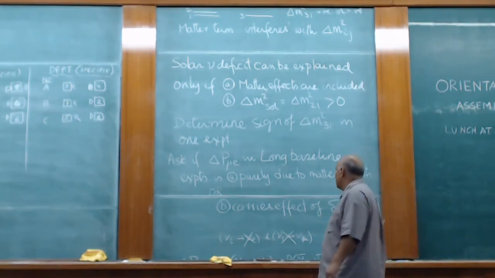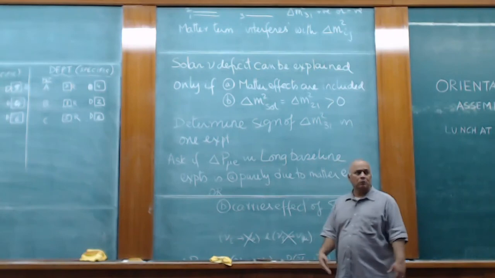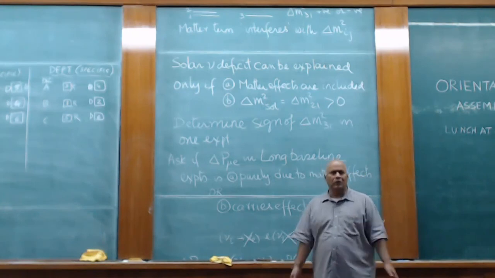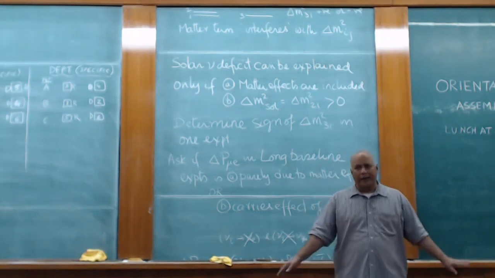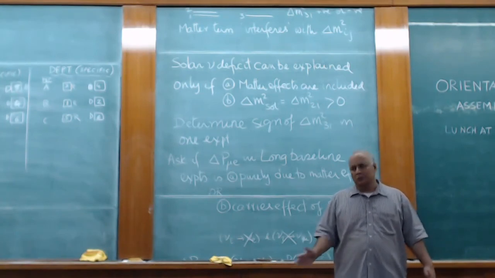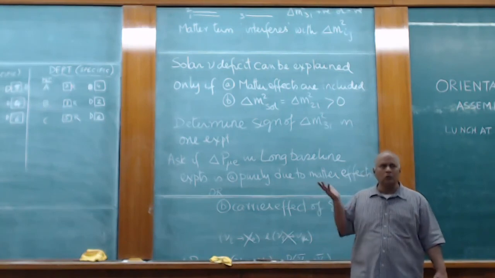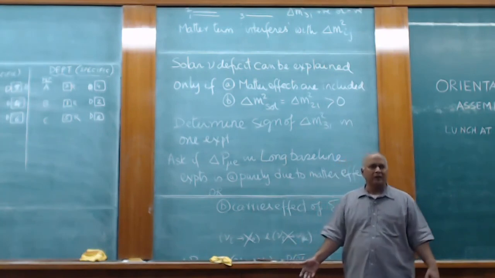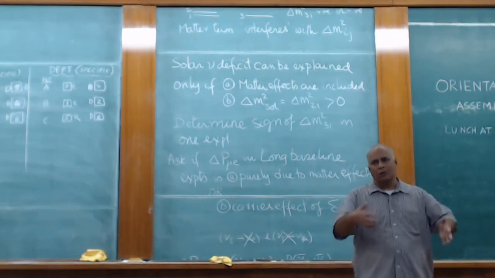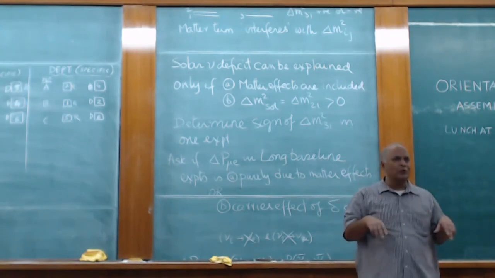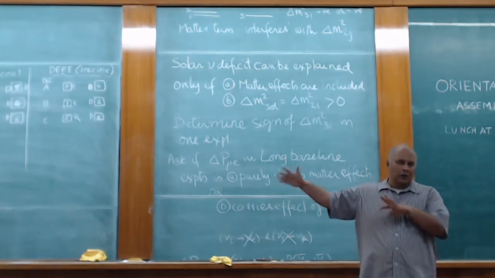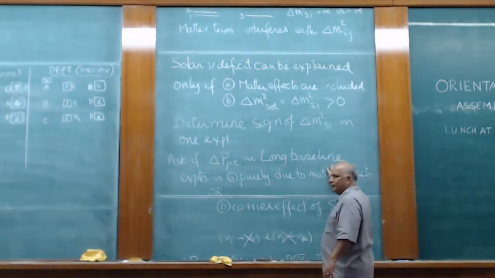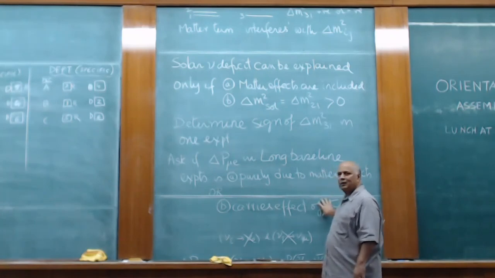There was some hope that long baseline experiments by themselves could actually do the job, but from their data, which was taken over the last 4 years, we find that they are not able to. So there is another proposal called DUNE, where it's also a long baseline experiment, but it is being designed in such a way that you learn from the current failures, so to speak, so that in the case of DUNE, they can actually measure both the sign of delta m square 31 and delta CP